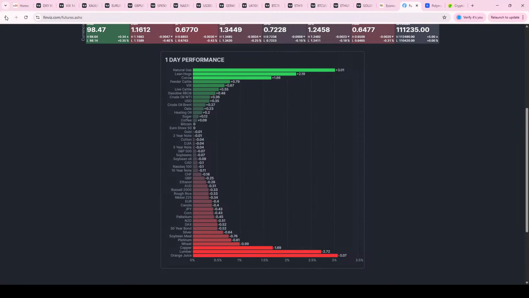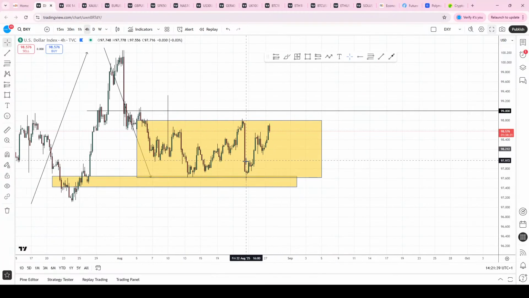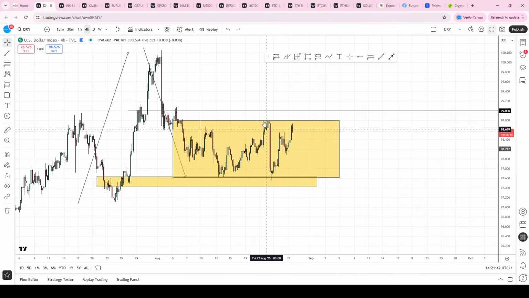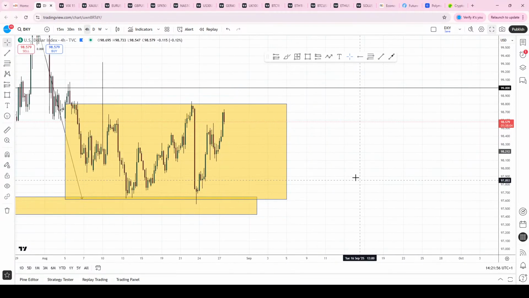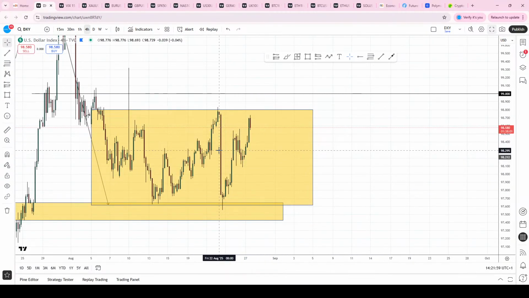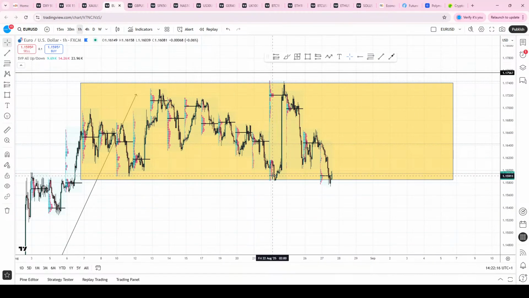On the inverse of that, following on from last night, we talked about how the DXY was going to be consolidating, looking for a clarified break of this highlighted yellow region. As I said last night in our Zoom, we had that grind up Friday, and then an almost linear correction back to where we were last week. So in the overnight markets, between Monday and Tuesday into today's US open, we've seen the dollar eradicate all of that initial selling pressure that came off the Powell comments last Friday.